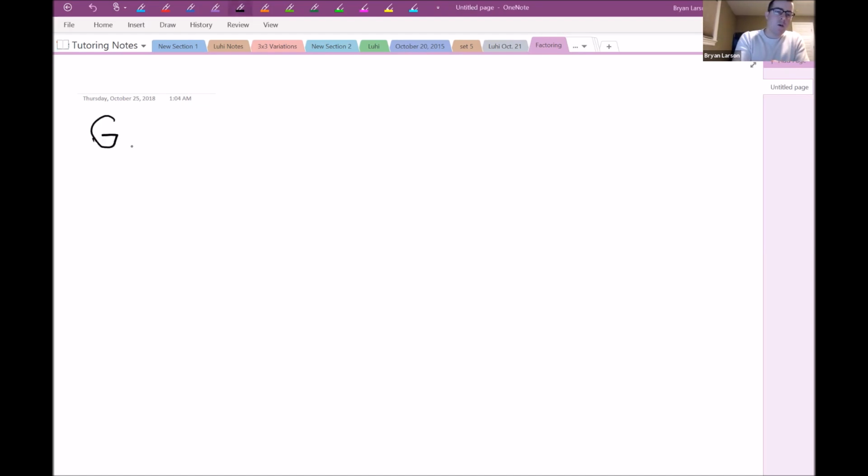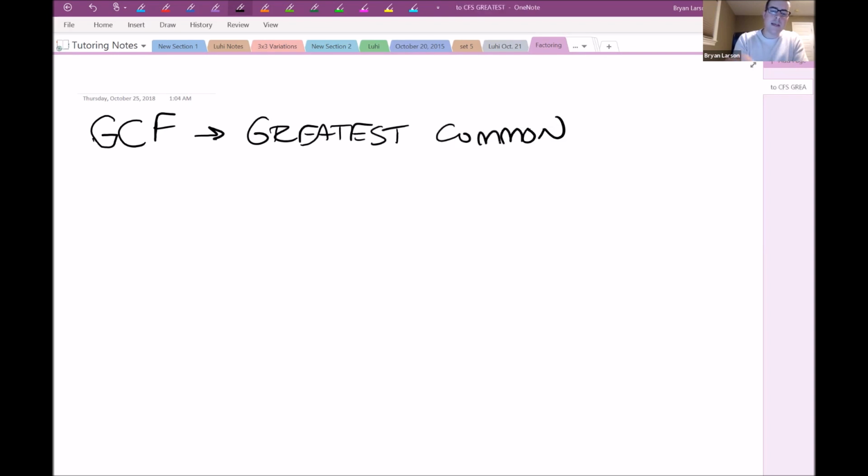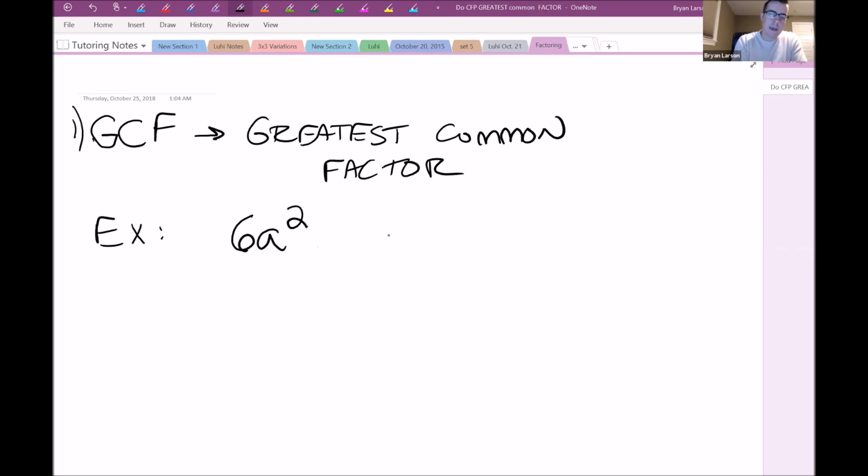This should always be the first thing you check, okay? And that stands for, again, the greatest common factor. So no matter what, this is the first thing we look for, greatest common factor. So let's take a look at an example of this type of factoring, the GCF here. So let's say, for example, I had something like 6a squared b minus, I don't know, we'll say